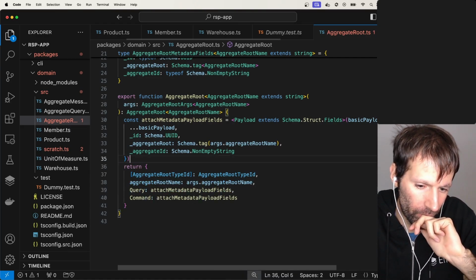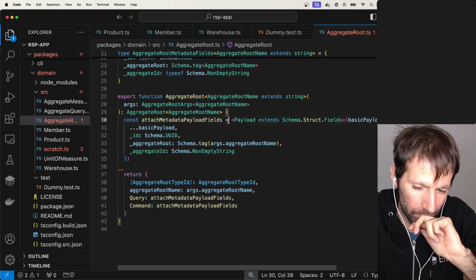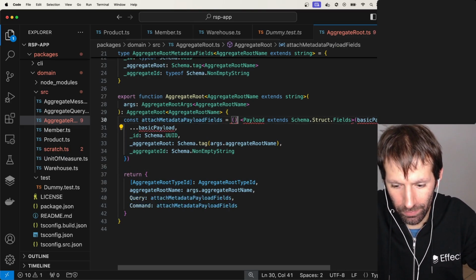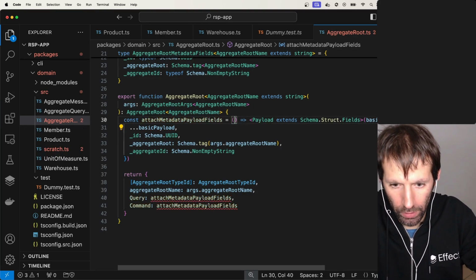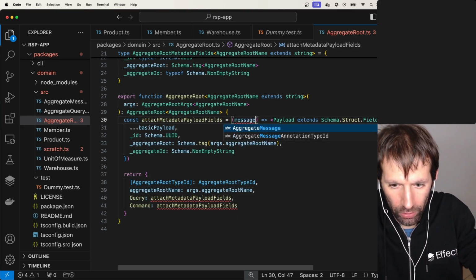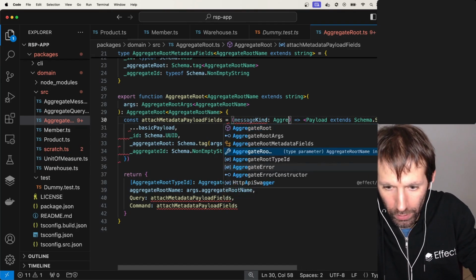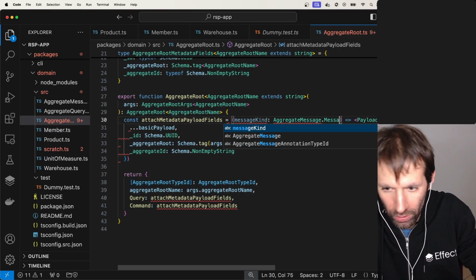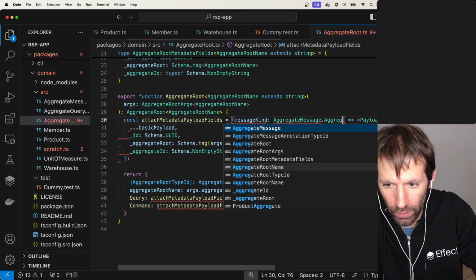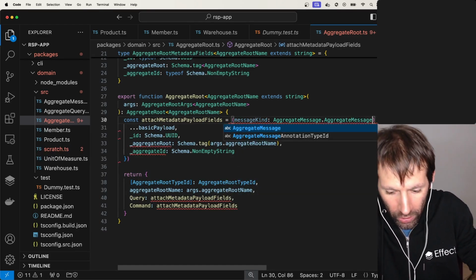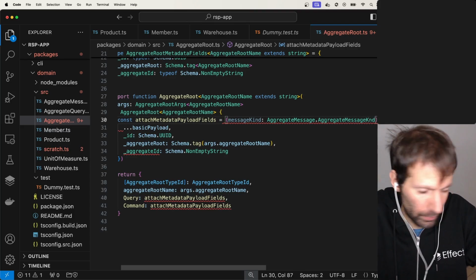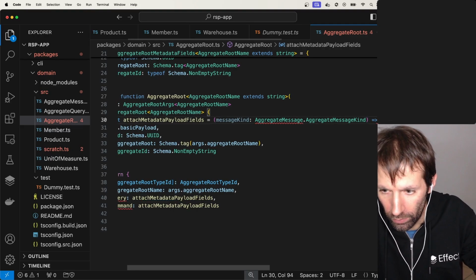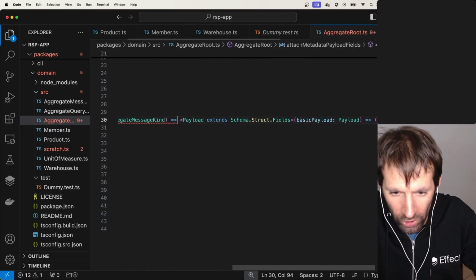I'm not sure if we want to do that, maybe we can do it like this. Let's see. Message point in the aggregate message, aggregate message kind. Yep. And then with aggregate message kind, we will use that to create a function that, given the